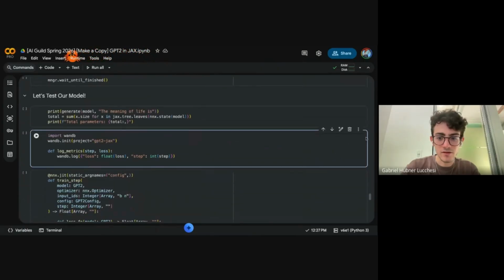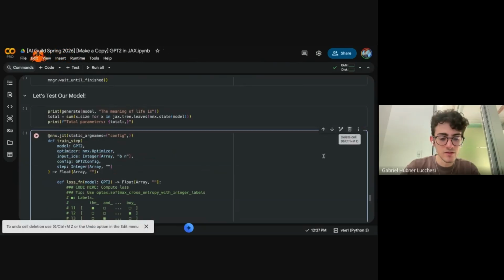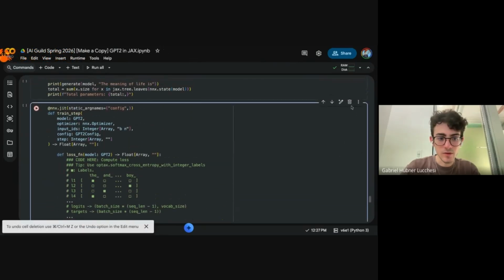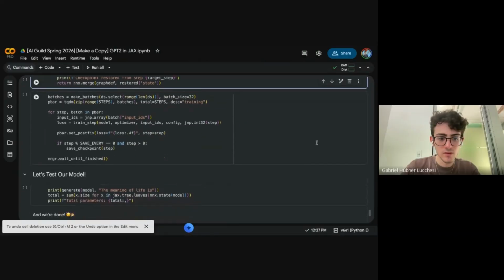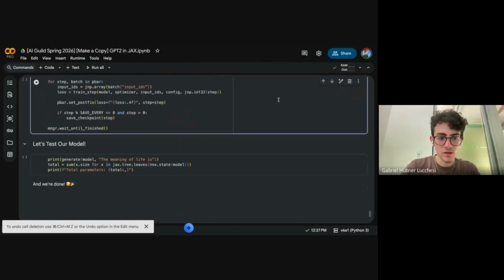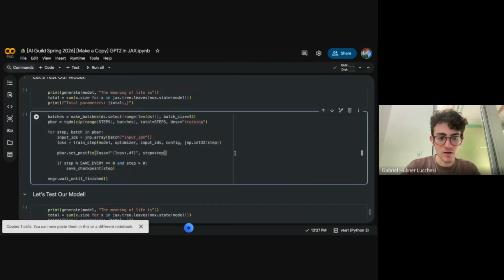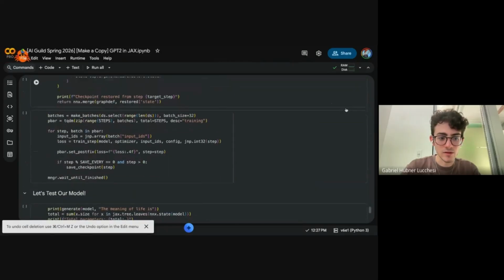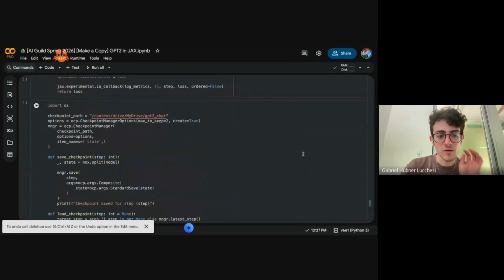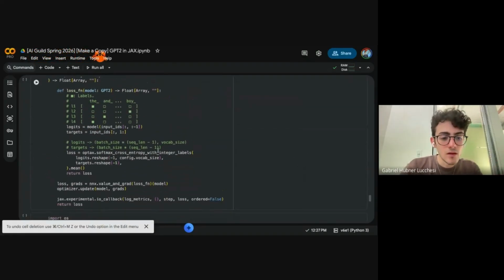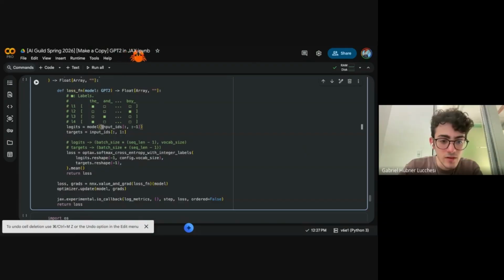I accidentally repeated the train step here. I think this train step goes here. It's the same. So I just accidentally copied everything twice. Okay, perfect.